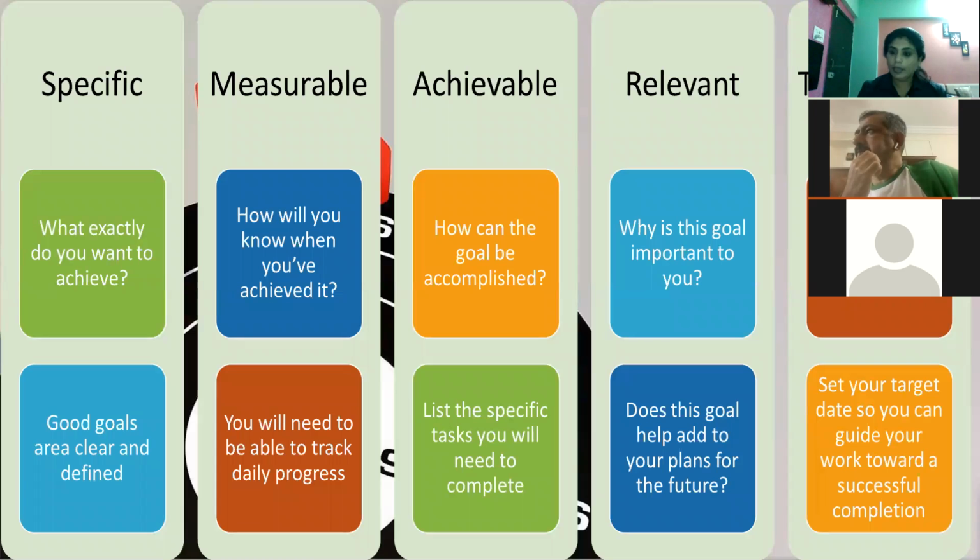So there are short term goals, like within 1 week I want to achieve something, within 1 month I want to achieve something. But if you look in years beyond, like within 1 year, where I want to see myself, within 5 years, where I want to see myself, within 10 years, where I want to see myself, all of that becomes long term goals.